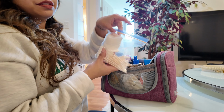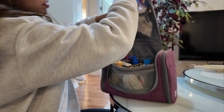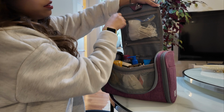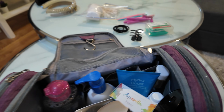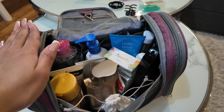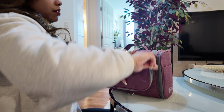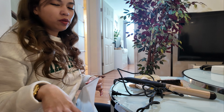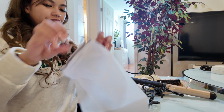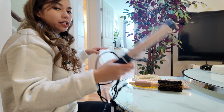We're gonna put this on here. So this is how it looks right now. It's completely full, but this is everything I need. So again, this toiletry bag is perfect for me. And voila! Now we're gonna pack all my hair stuff in a plastic bag, my curler,